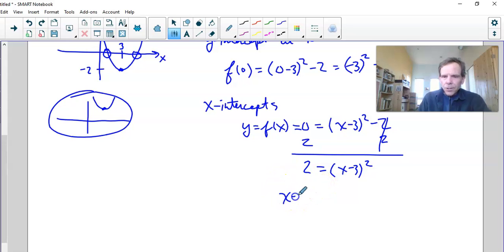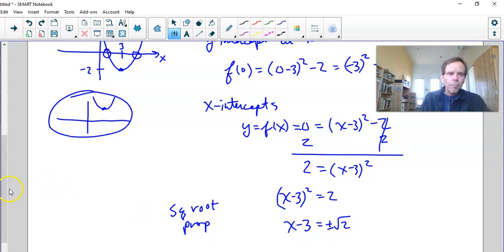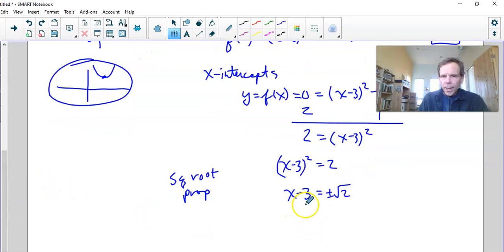Some people maybe like to see this flipped around where you have the quantity x minus 3 squared equals 2. Then we'll use the square root property to say that x minus 3 equals plus or minus the square root of 2. And then we'll add 3 to both sides and get x equals 3 plus or minus the square root of 2. So these are the x-intercepts